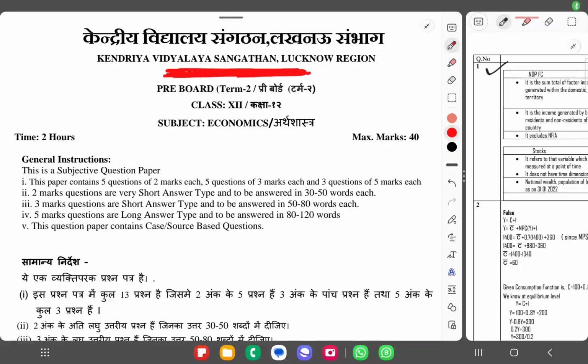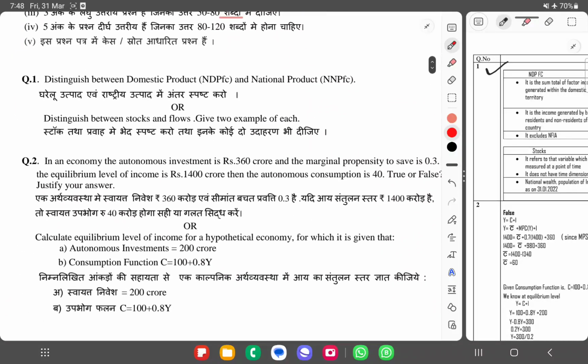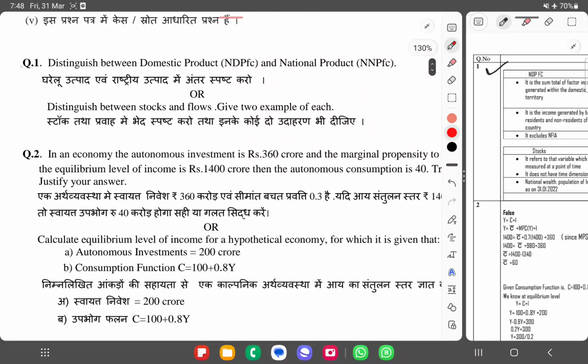बात करेंगे प्री बोर्ड एग्जामिनेशन क्लास 12th सब्जेक्ट इकोनॉमिक्स। ठीक है, तो चलिए शुरू करते हैं। फर्स्ट ऑफ ऑल टाइम इज 2 hours एंड मैक्सिमम मार्क्स 40। ठीक है, चलिए क्वेश्चन नंबर फर्स्ट, डिस्टिंग्विश बिटवीन डोमेस्टिक प्रोडक्ट एंड नेशनल प्रोडक्ट।